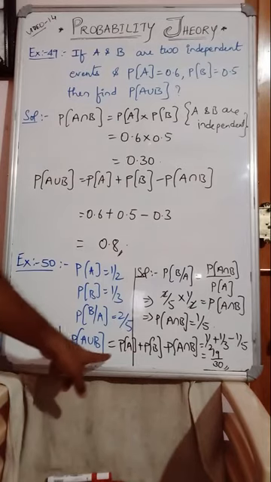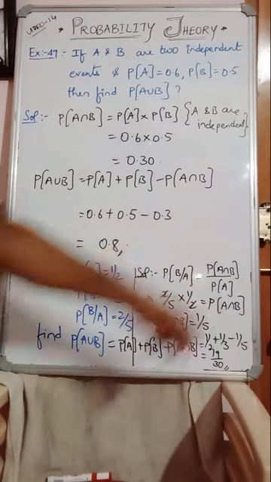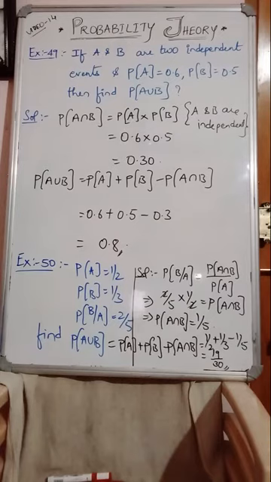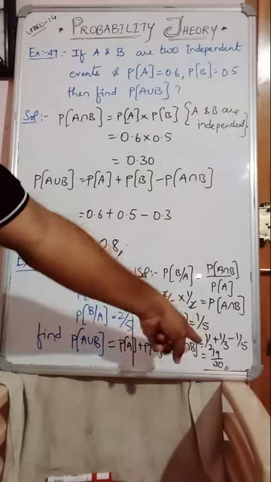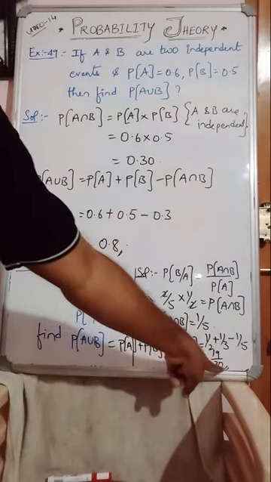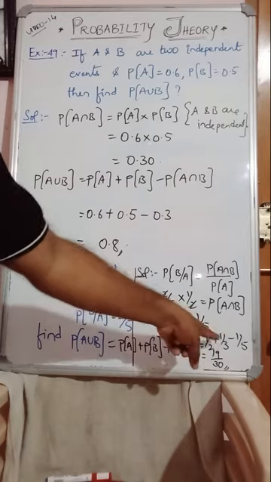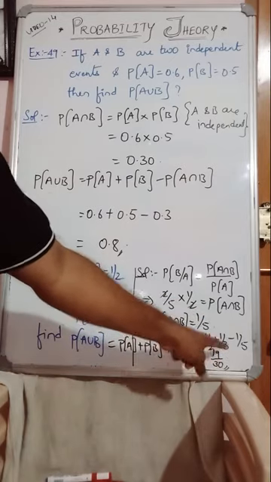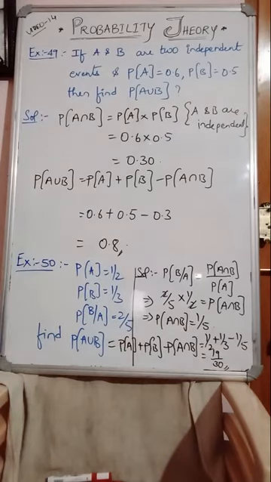So here we need to calculate A union B, but we have got P of B given A. Using P of B given A, we can calculate P of A intersection B by applying the conditional probability formula. First calculate A intersection B and then substitute here: 1 by 2 plus 1 by 3 minus 1 by 5. LCM becomes 30, and then 2 15 times 15, plus 3 10 times 10, 15 plus 10 is 25, minus 5 6 times, 6 into 1 is 6, 25 minus 6 is 19. 19 by 30 is the answer. Are you clear, guys? So let's see a few more problems now.